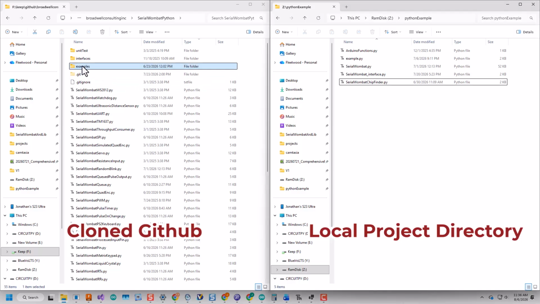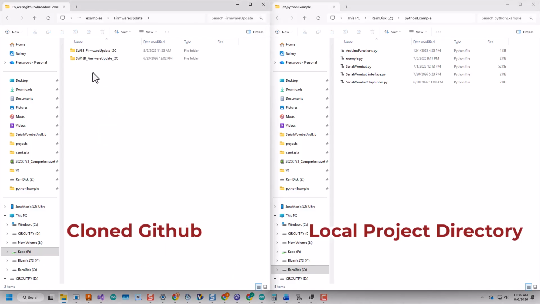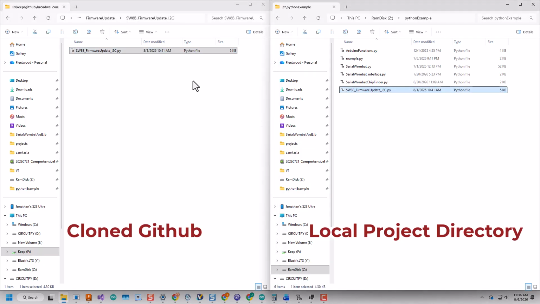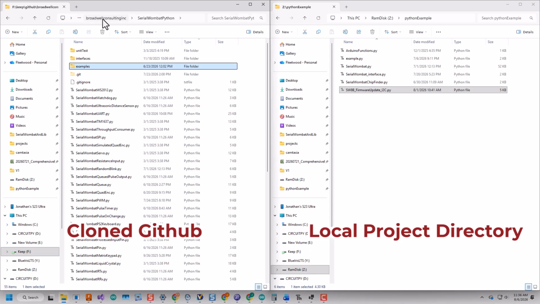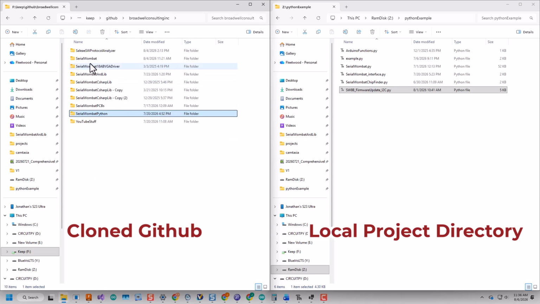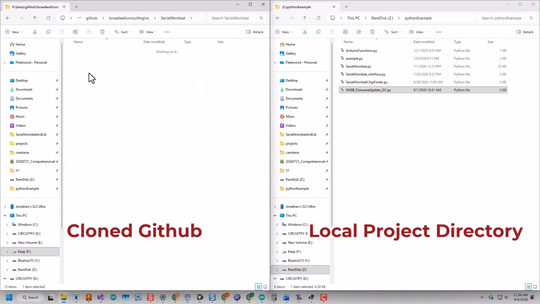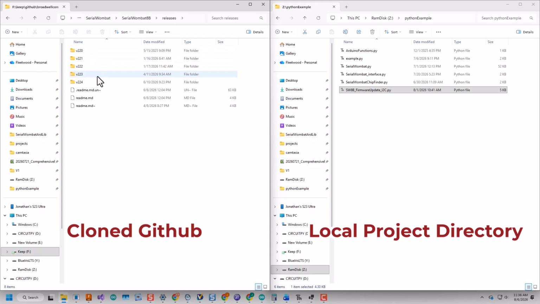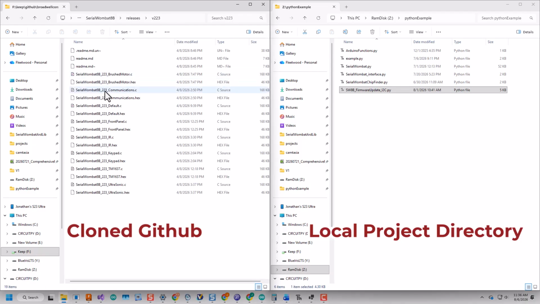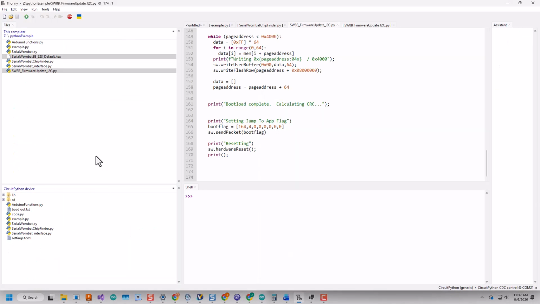Updating firmware is easy using CircuitPython. We're going to use the example that we did in the previous video segment, and we're just going to drag the Serial Wombat 8B firmware update sketch out of the examples directory in the Python repository into our project directory. And then we're going to go into the Serial Wombat repository, which is the firmware repository, go into Serial Wombat 8B, releases, and that is where all of the hex files are located. So in this case, let's downgrade to version 2.23, and we will pick the 2.23 default.hex,